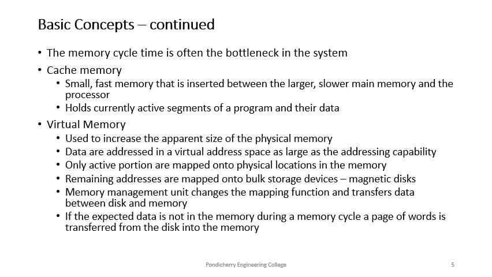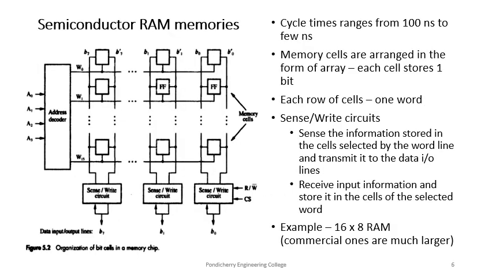This access or mapping is done in such a judicious manner that the number of transfers between disk and the main memory is minimized within some reasonable amount of time, and it will make the probability of finding the required data or program within the main memory very high, at least for most of the time. Next we will see about semiconductor RAM memories, their structure, organization and all.